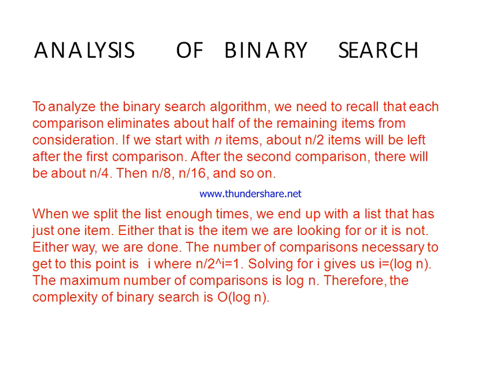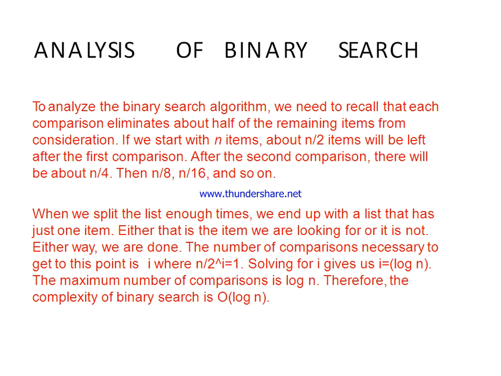Analysis of binary search. To analyze the binary search algorithm, we need to recall that each comparison eliminates about half of the remaining items from consideration. That is nothing but we are considering only one half in each iteration. We have already seen with 9 elements, after calculating the middle, if the element is in the second partition, we eliminate the first 4 elements in the first iteration. Again comparing the second half, there are only 4 elements. In the second half, again after one comparison, we go to the next iteration with only 1 element. So in each iteration we are skipping n by 2 items in the existing list.